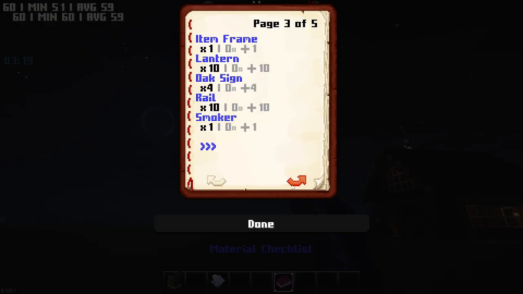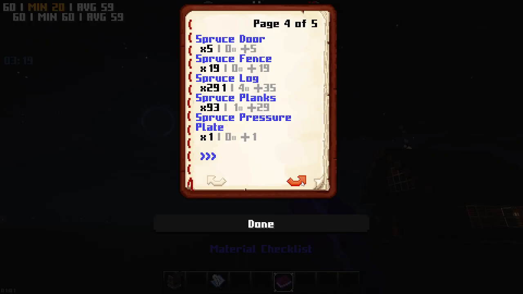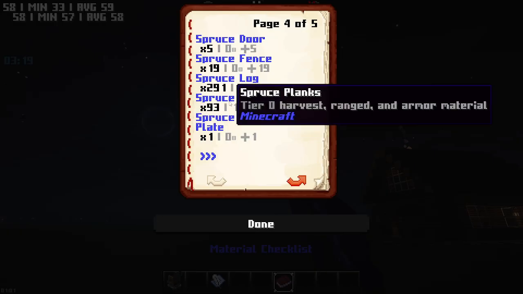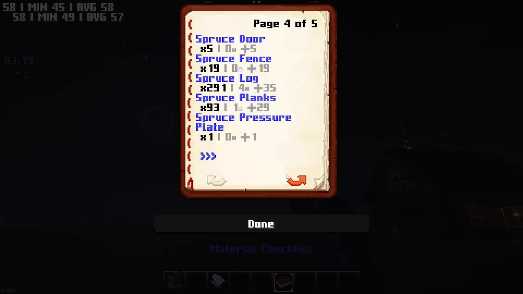Let's see, so here we go. You're going to need 5 doors if you want to do it the way I did, or just a single door, or 2 doors, however you want. You're going to need 291 spruce logs,